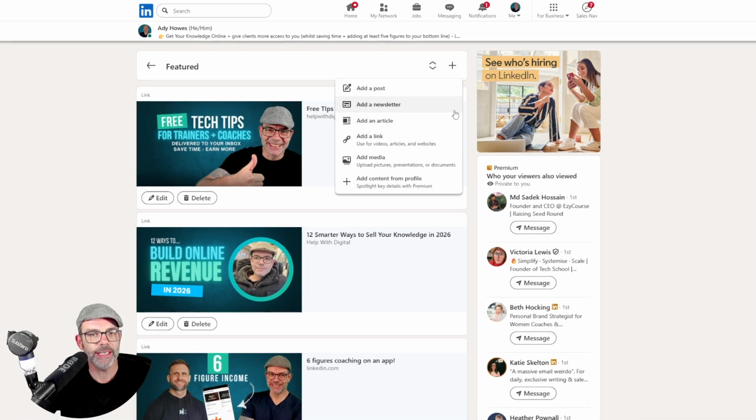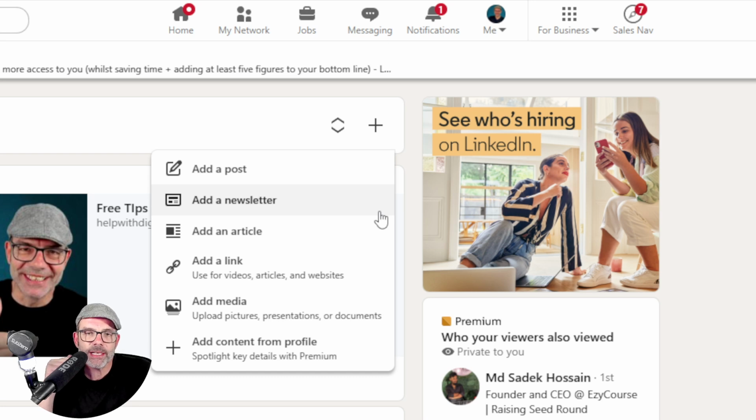And you will see there's a range of different options here. You can add a post, a newsletter, an article, a link, media, and you can add content from your profile if you're a premium member. Now, irrespective of where your content is, even if it is on LinkedIn, my recommendation is to always use add a link. And the reason for that is that's quite instrumental in making sure that it's one click and